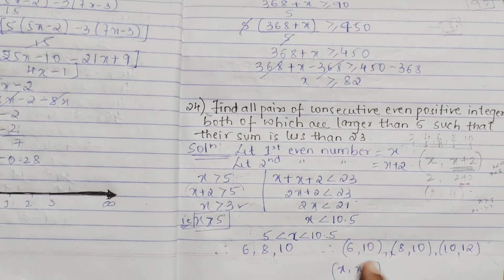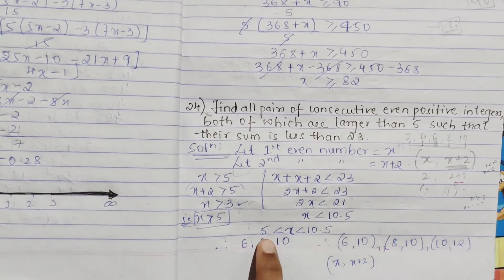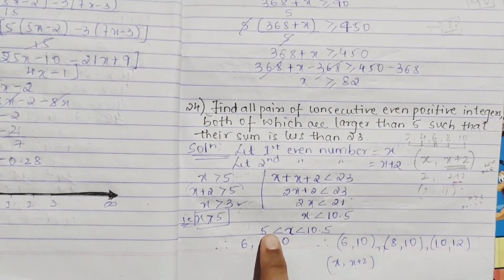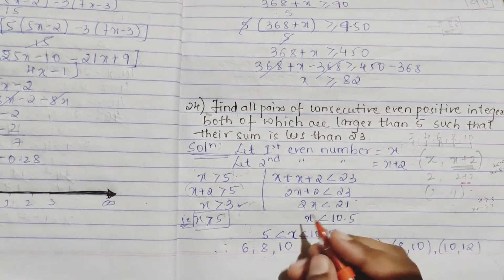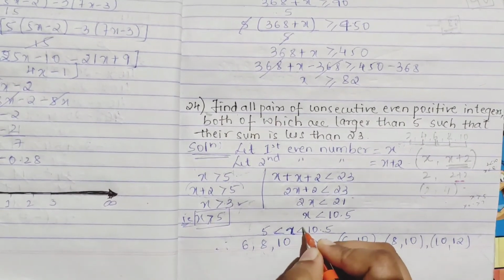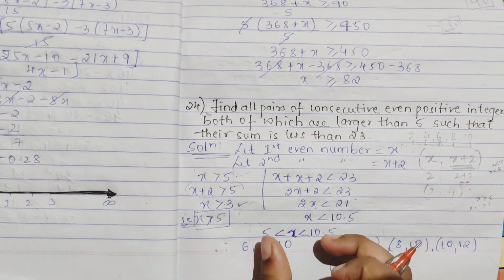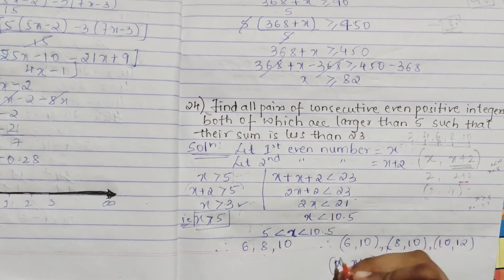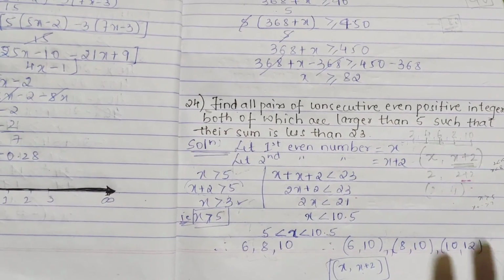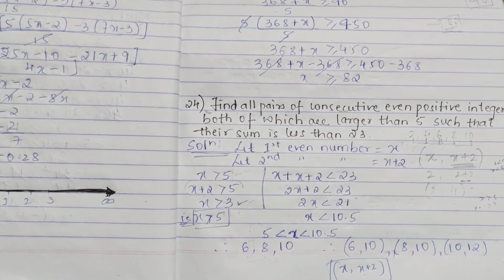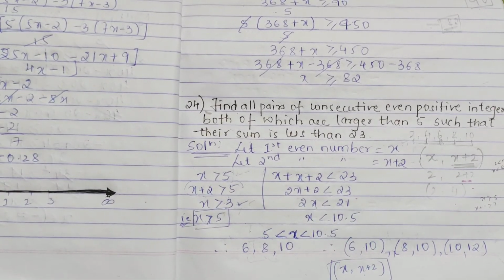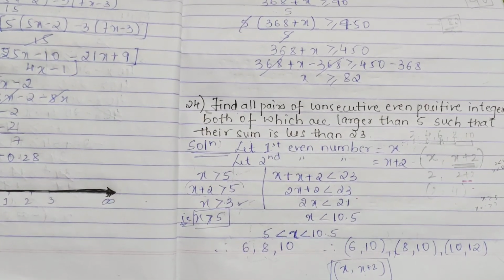So these are the numbers lying between 5 and 10.5, less than 10.5 and greater than 5. See how we have written it: when the sign opens toward x, it means x is greater than; when it opens away from x, it means less than. So we write it like this in a sentence, understood? This is just for your understanding. I have written it in pencil. I hope it is clear. Pause the video to note it down.